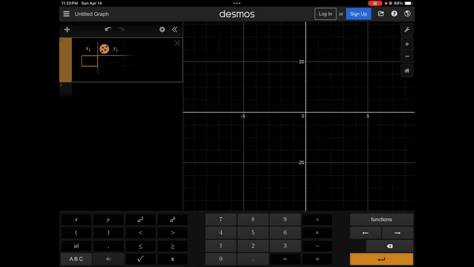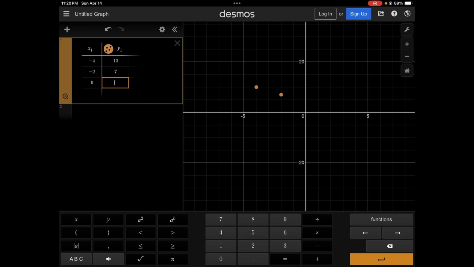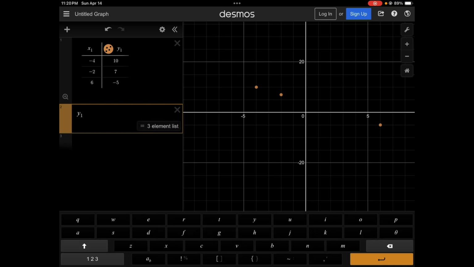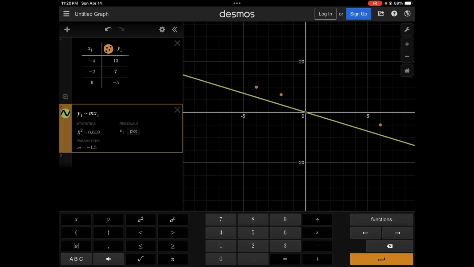Make a table. In this table, I'll plug in the points that are given. Negative 4 goes with 10. Negative 2 goes with 7, 6, and negative 5. Then y1 squiggly m x1 plus